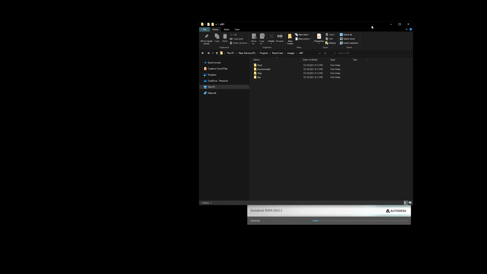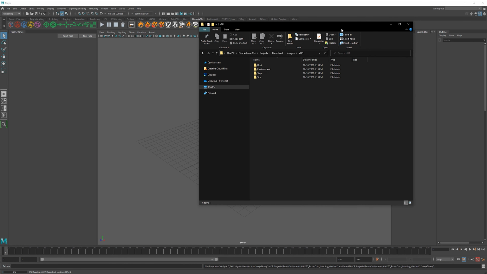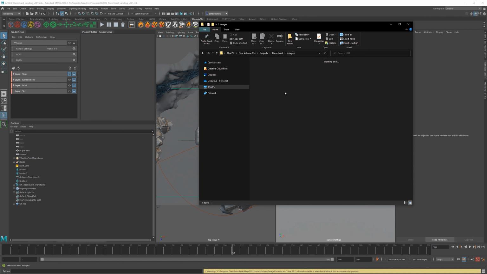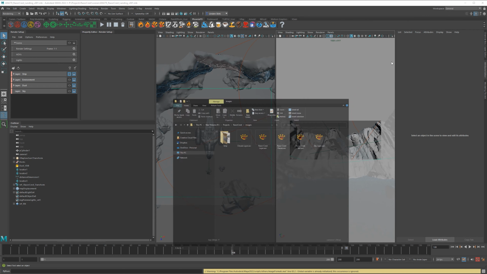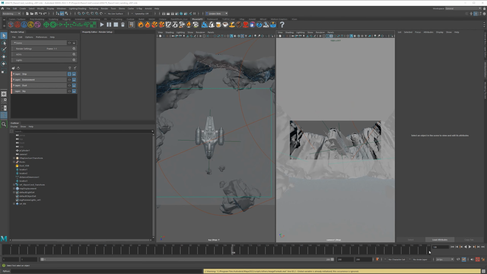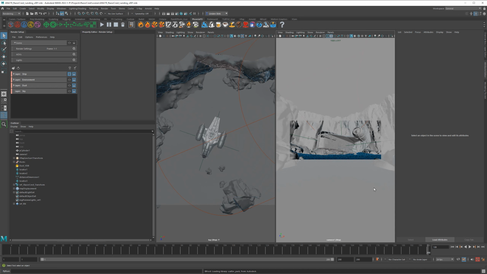Now I'm going to open up Maya again, and then show you what to do if you're using the PLE version at home. I'm going to go back to my images folder. I'm going to delete this just so I can show you this. And this time we're going to go right to the very end, because after this, I also want to show you how to composite this really quickly in After Effects, just to make sure that you've done everything correctly, so you don't waste an entire afternoon or entire day rendering this, depending on how long it takes.